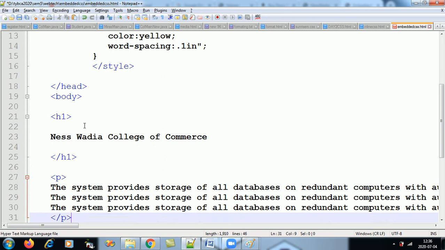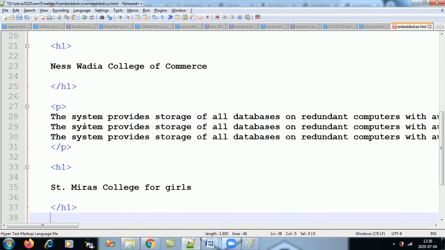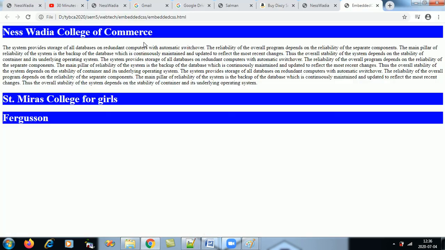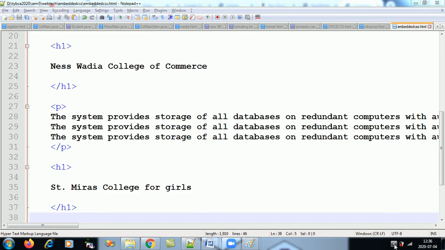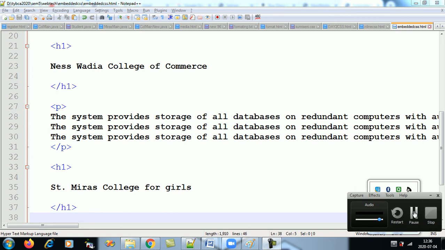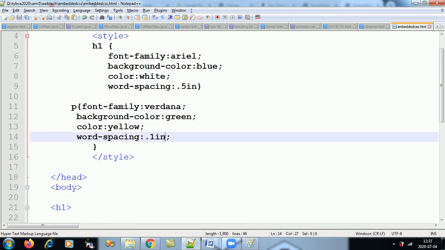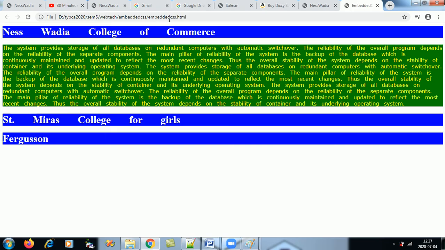Yes, we have the P tag, right? Save it, hit enter. Okay, it's sorted. There was a double quotes over here which I removed, and I saved it and refreshed it. It has taken the effects.